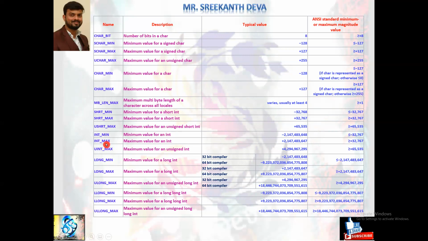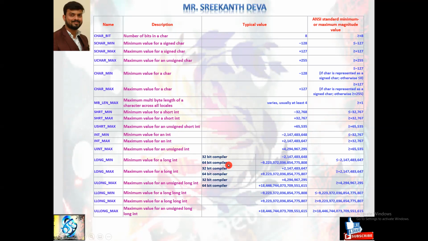INT_MIN, minimum value of an integer when it occupies 4 bytes of memory, is minus 2,147,483,648. Minimum range. INT_MAX, maximum value of an int when it occupies 4 bytes of memory, plus 2,147,483,647. That is the maximum range. UINT_MAX, maximum value of an unsigned integer is plus 4,294,967,295. LONG_MIN, minimum value for a long int.